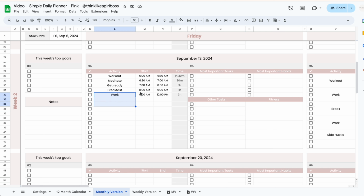So for example, if you want this to look like a bigger block of time, what you can do is maybe select a couple of cells and then merge them together using this merge cells button up here. So you could do that. You have to do it separately, the activity and both times. So once you do that, it can look something like this, and it will respond to the first checkbox,